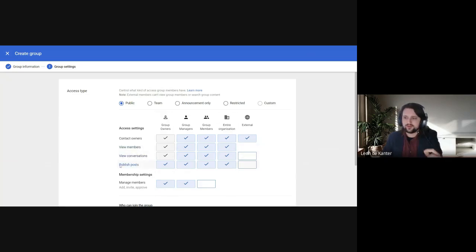But it's about the published posts, which is rather important. If I want people from outside the organization to be able to send an email message to this group, I have to select Publish Posts. Viewing conversations